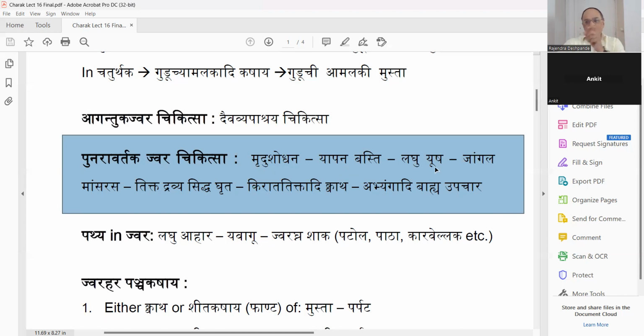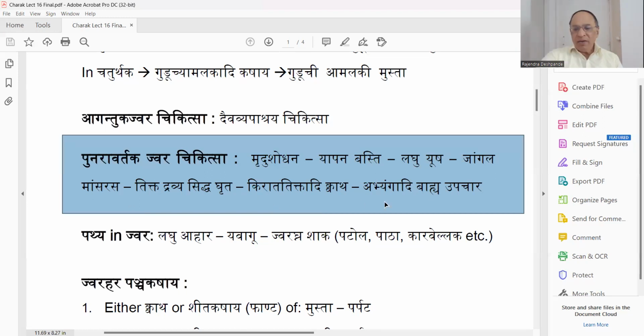यवागु एंड यूष बोलते हैं ना। तो यवागु के these are 3 types, मंडपेया एंड विलेपी। और यूष बना दिया जाता है ग्रीन ग्राम के द्वारा, मूंग की डाल की बनाते हैं ना ये लघु यूष। तो ये कृत यूष हो सकता है, अकृत यूष हो सकता है। जांगल मांस रस, तिक्त द्रव्य सिद्ध घृत। तिक्त द्रव्य, बिटर जो द्रव्य है उसके साथ बनाए हुए, जैसे कि तिक्तक घृत नाम का है, महातिक्तक घृत भी नाम का एक मेडिकेटेड घी है, इसका इस्तेमाल आप कर सकते हैं।